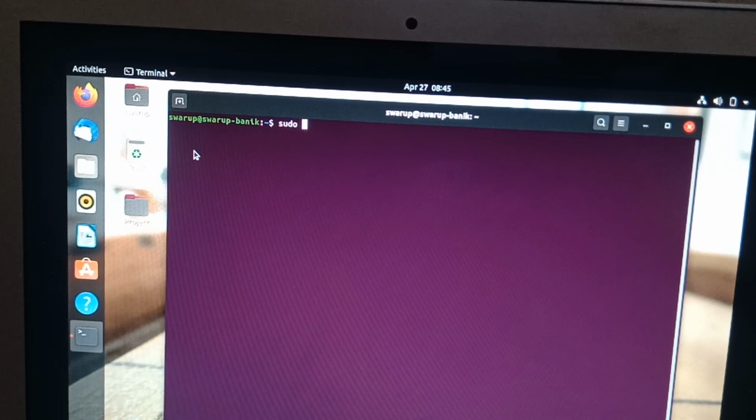First, sudo mysql. After this, MySQL will open. I will show how to create the native password using the following command.